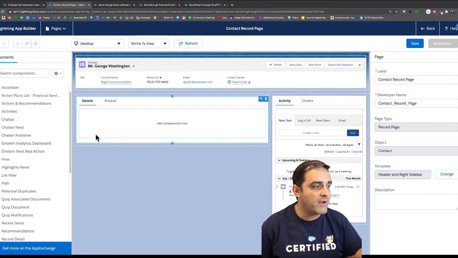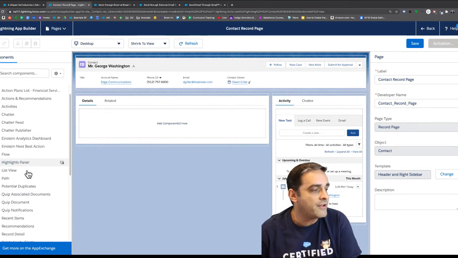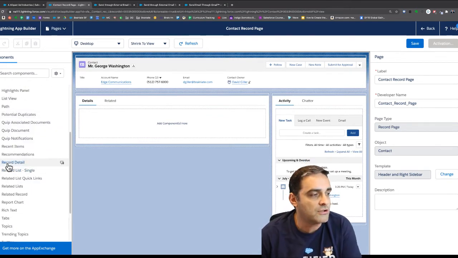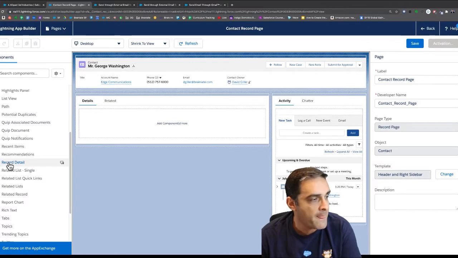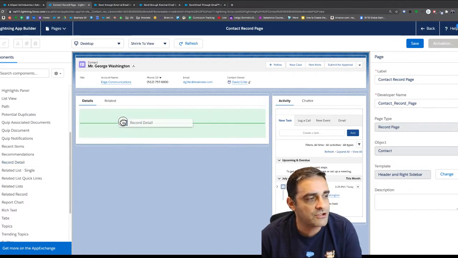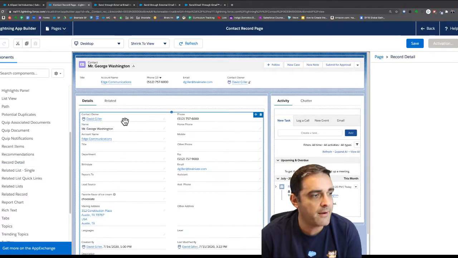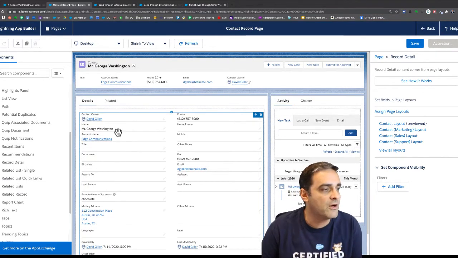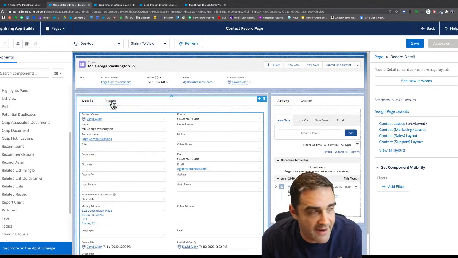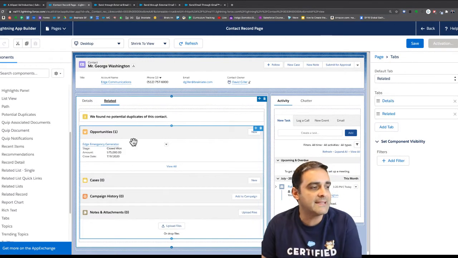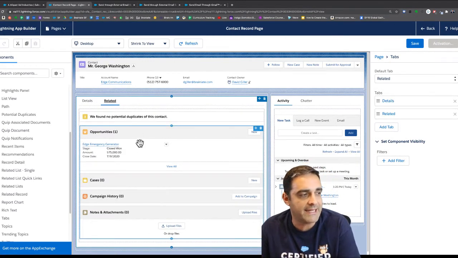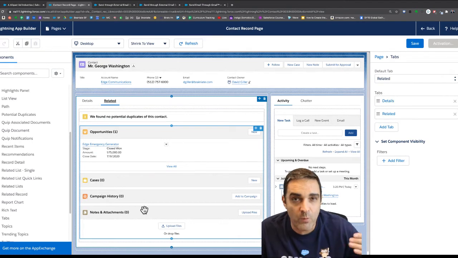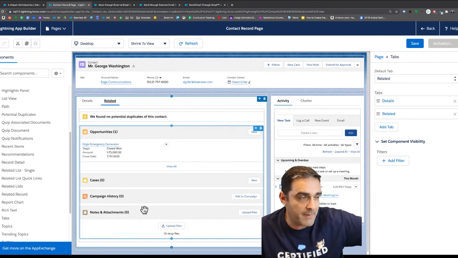Now let's go ahead on the left-hand side, and you're going to see there's an option called Record Detail. Go ahead and click on that and just drag it to the main portion of the screen, and boom, you just brought it back. That's all it is. Not a big deal. Now over here where it says Related, click on that tab, and now we can see this is showing all of the related lists, the same ones that we see in a classic page layout,